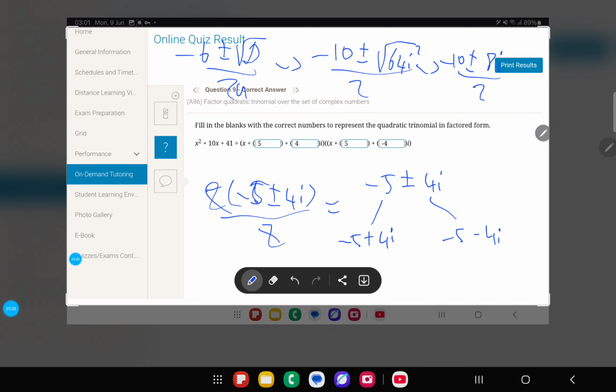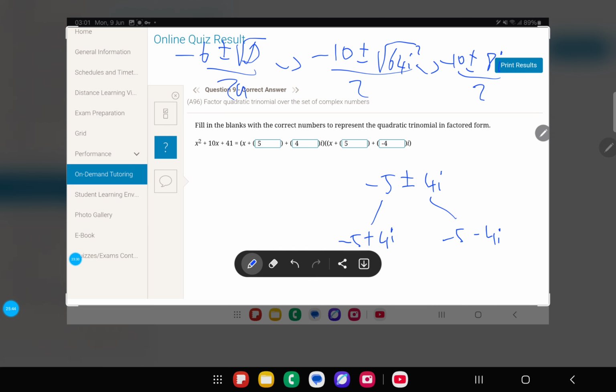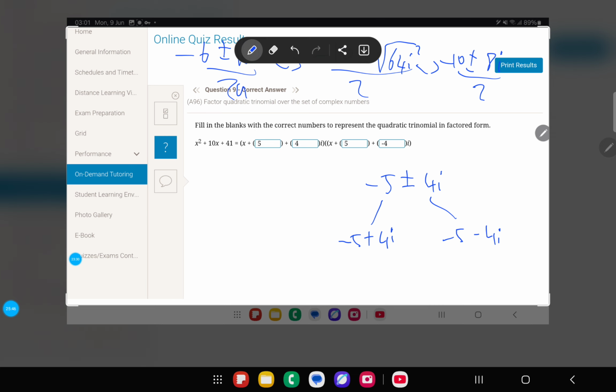But look here, they don't want us to express it in only two roots. They want us to express it in the factored form. They don't want us to express it as roots, they want us to express it as factored forms. So how do you turn the roots back to the factored form? Pretty simple. Look, when you have the roots, you make it like this: x plus